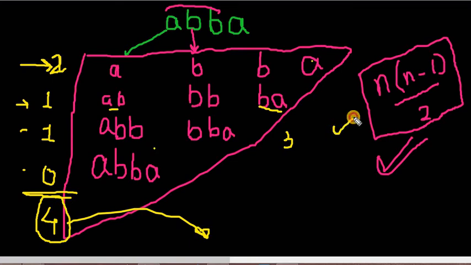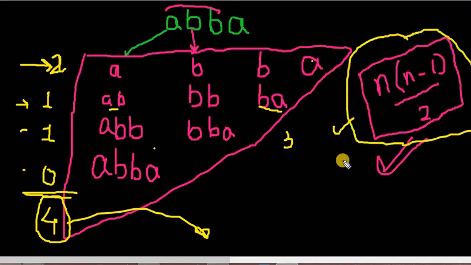Okay, so I think I said something wrong earlier. So this particular formula will give us the number of distinct pairs, and for the total number of substrings you can simply use the summation formula, that is n into n plus 1 by 2. So this will give the total number of strings.